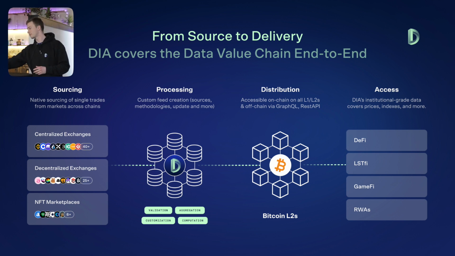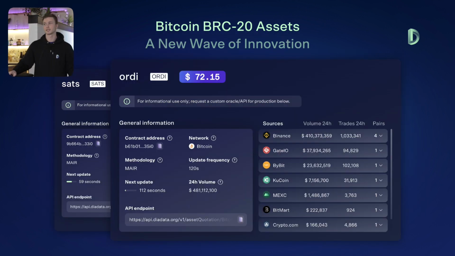That's the product background. Again, here just a bit of a visual reference to the DIA app, which basically demonstrates all of the APIs. APIs are basically the off-chain version of data feeds that we provide that can be integrated on-chain based on request. And so again, we're just demonstrating here that we're already out of the gate supporting Bitcoin BRC20 assets. Already in sats, of course, being currently the most liquid and high volume and demanded assets right now in the ordinal BRC20 space.